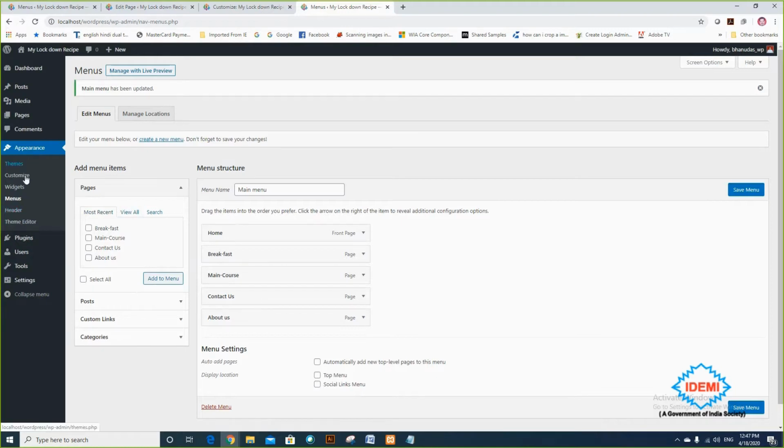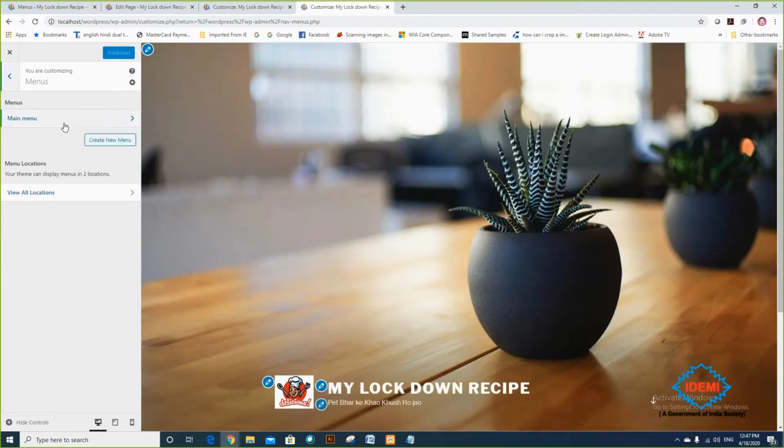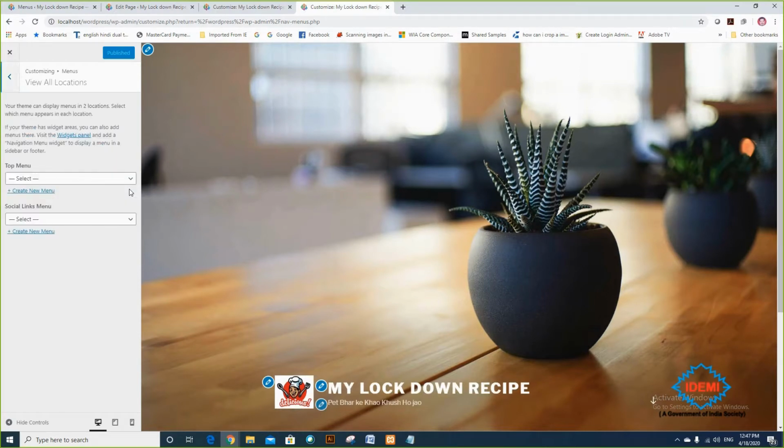So I'm returning back to the customize part here. I already created a menu, so I'm just putting that menu here. This is my menu. So it's showing a menu. I'm not creating a new menu here. I'm choosing view location, and I'm saying I want to choose main menu.